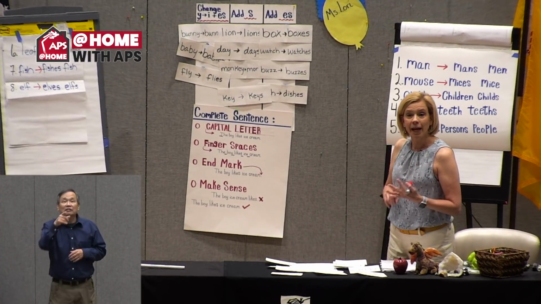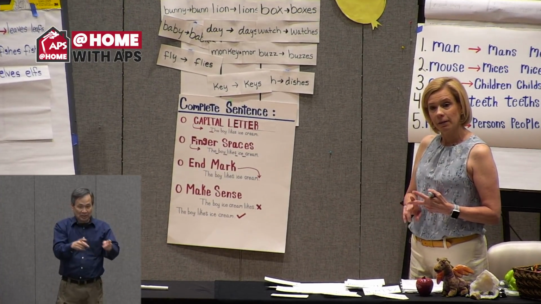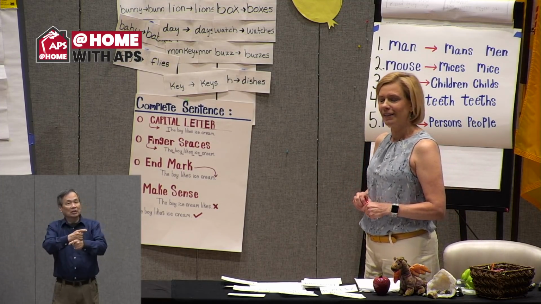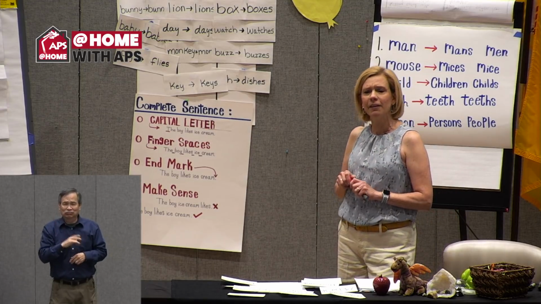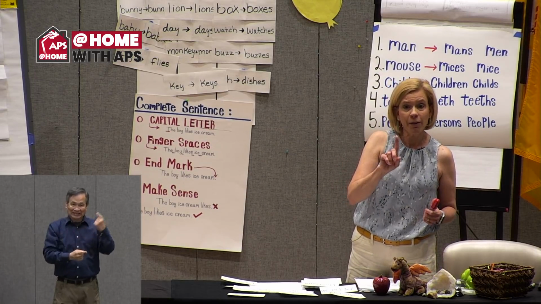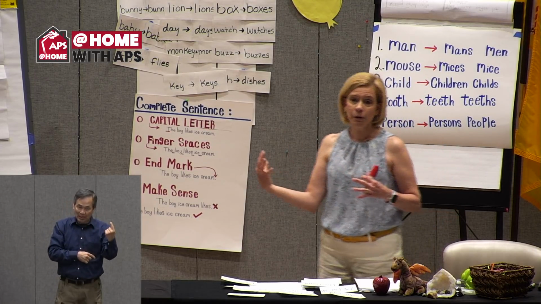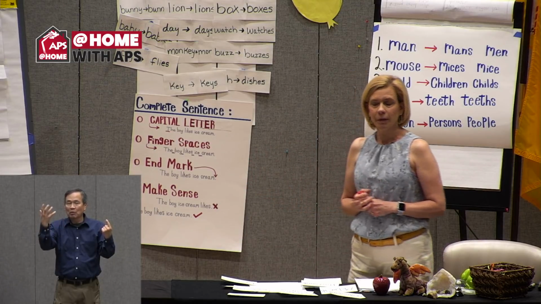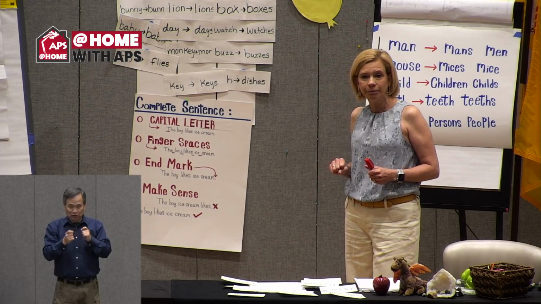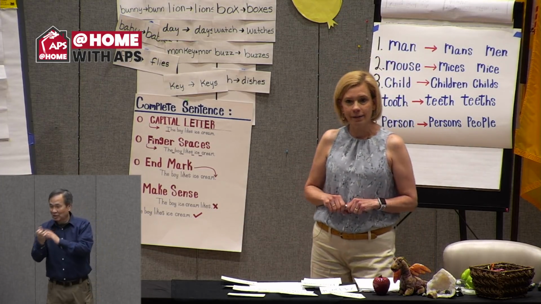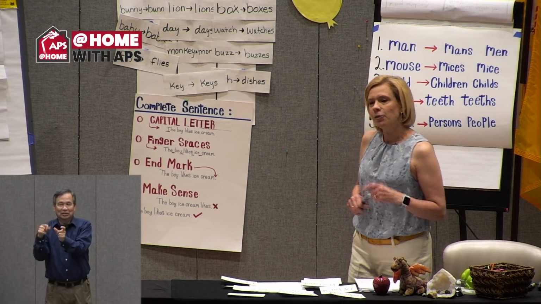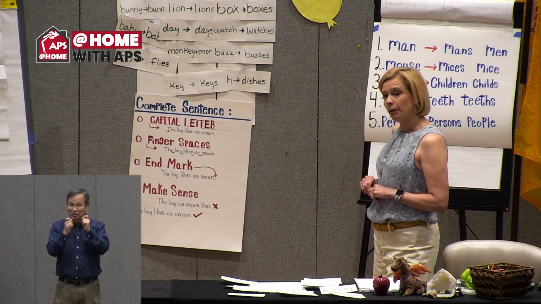If you said a noun is a person, a place, a thing, an idea, or an animal, you are absolutely right. Good job. You're so smart and your brains are really thinking. So remember, we talked about singular nouns, which means only one thing. And then we talked about plural, which means more than one. And then we moved into talking about how to make those nouns plural. Now, usually you just add an S, but we have some that are a little bit irregular. And so we talked about how we're going to make those plural also.